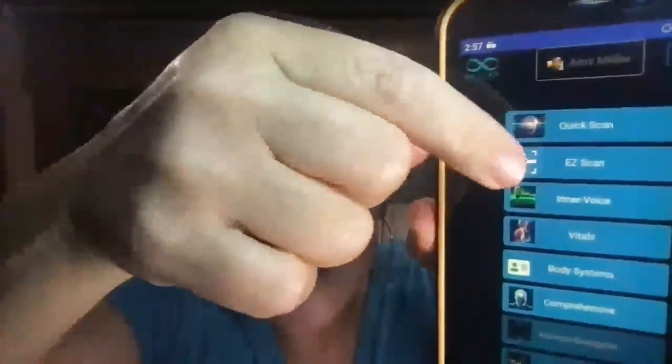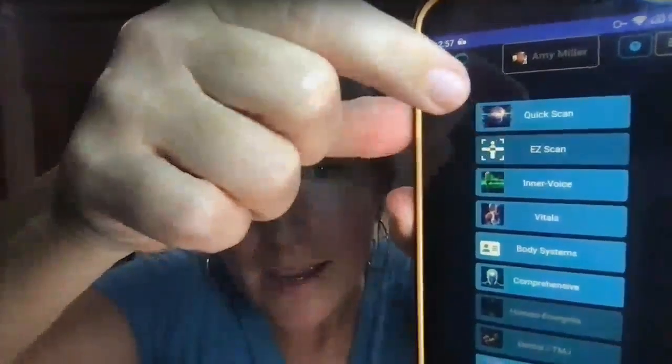Or if you were in person, I would have had you wear the bone conducting headset that sits on your bones right here in front of your ear. And we would have done the easy scan here. I can show it here. There we go. I would have done the easy scan here. And then I would have counted you down to start the audio recording. I would have clicked start scan, and I would have counted you down, and you were going to record your voice, starting with